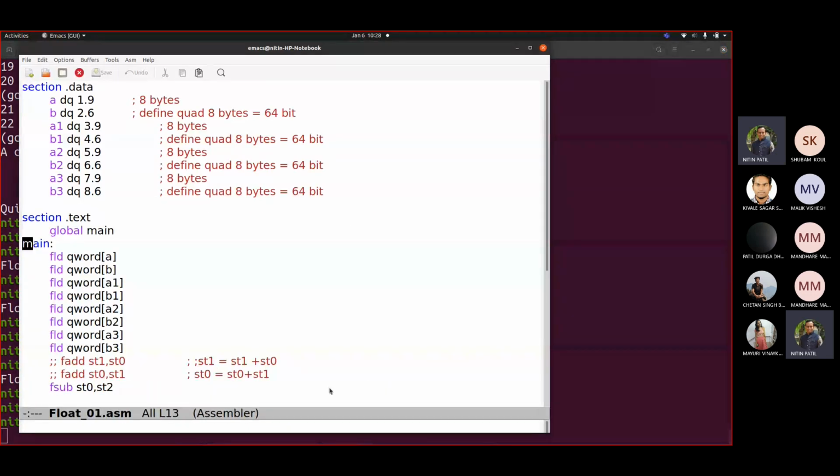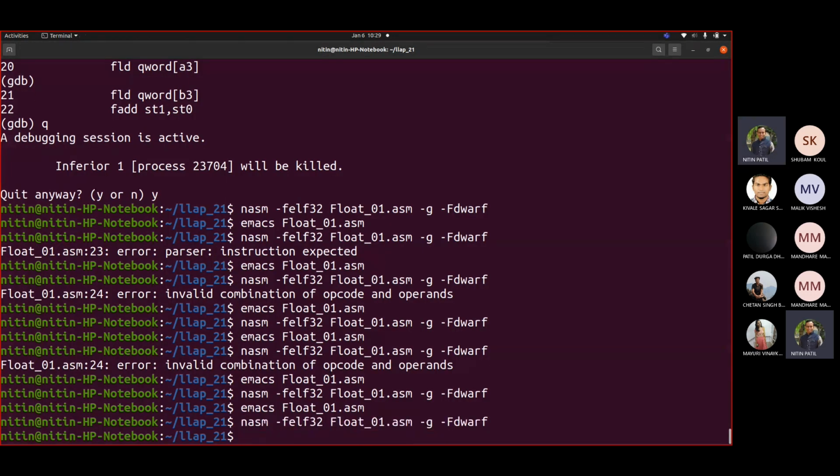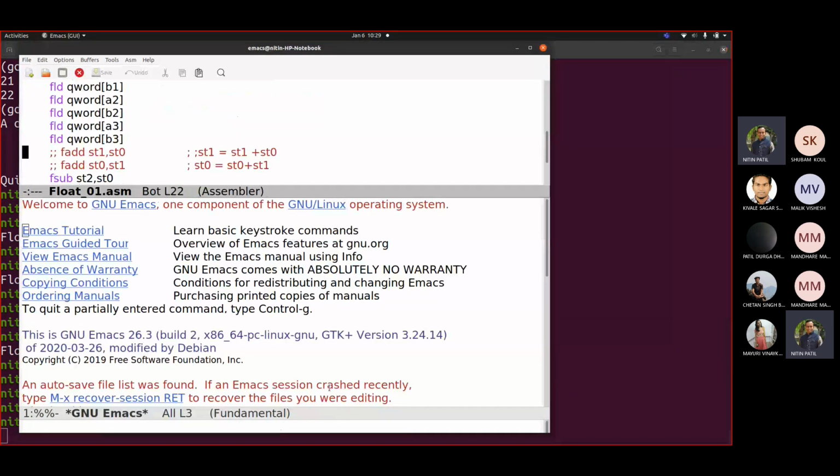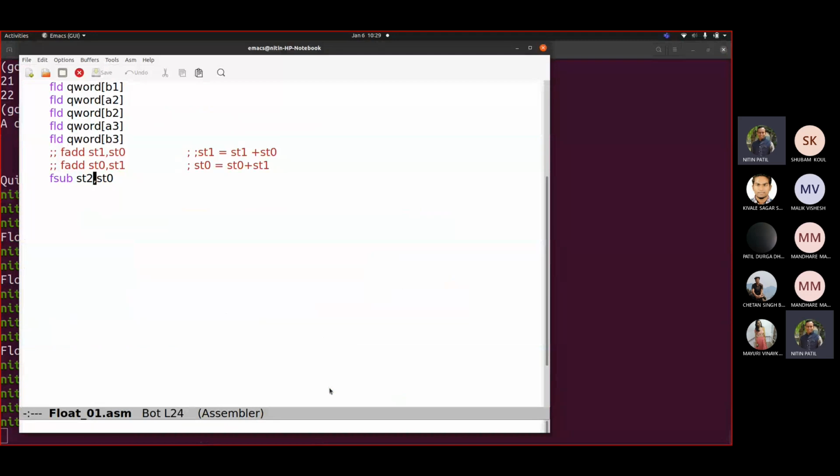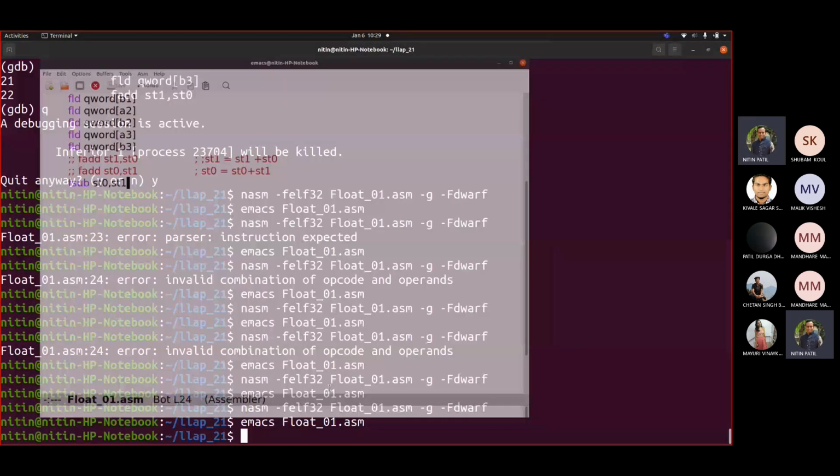So in one of the places as arguments or as parameters for that instruction, it is absolutely necessary to have st0. So if I write here st2 comma st0, let us see. So it accepts. So it is absolutely necessary to have st0 there. st0 plays an important role. Fine. Now I hope you are with me. So let me write here st0 comma st1. Fine. Let us see what happens with the subtraction.